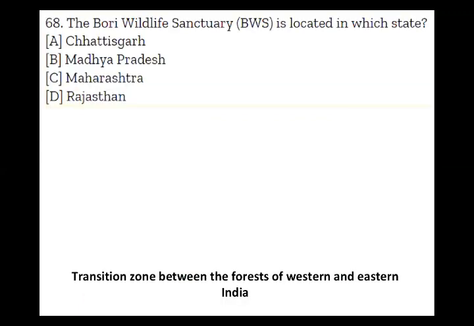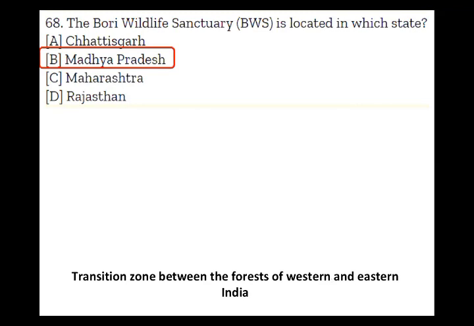Bori Wildlife Sanctuary is located in which state? Chhattisgarh, Madhya Pradesh, Maharashtra, or Rajasthan? Madhya Pradesh. This wildlife sanctuary is environmentally very significant, and geographically it is furthermore significant, because it is a transition zone between the forests of Western and Eastern India, which means there is some connectivity